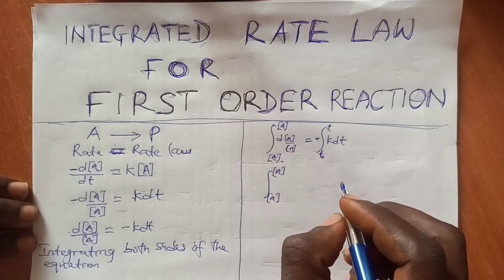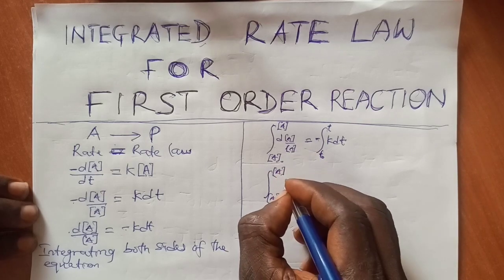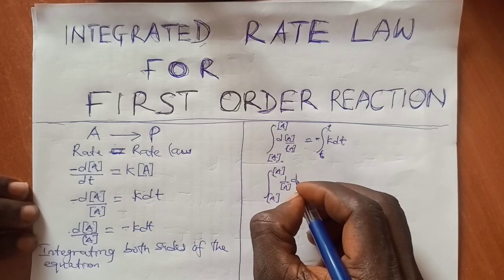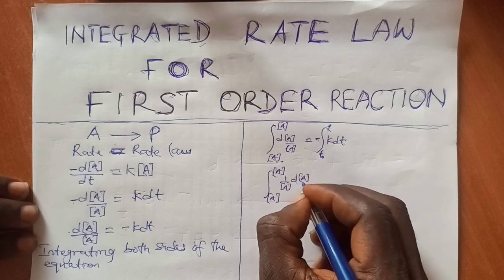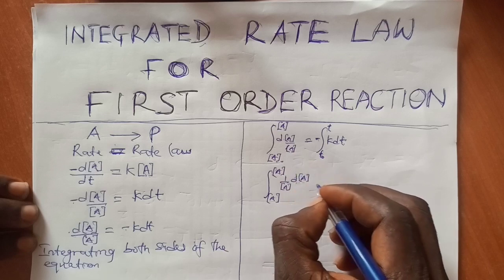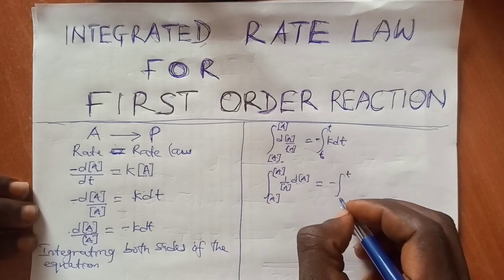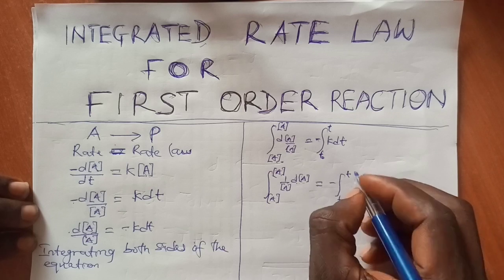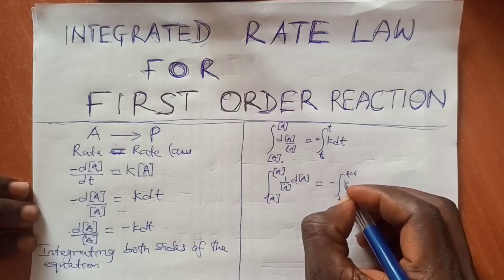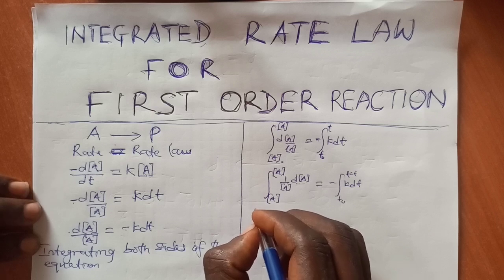Okay, so you look at this. As you integrate it, you can leave this in this form: 1 over the concentration of A d[A] is the same. I've not done anything strange here. It is equal to the integral from t0 to t of k dt. Do you know that in integration,